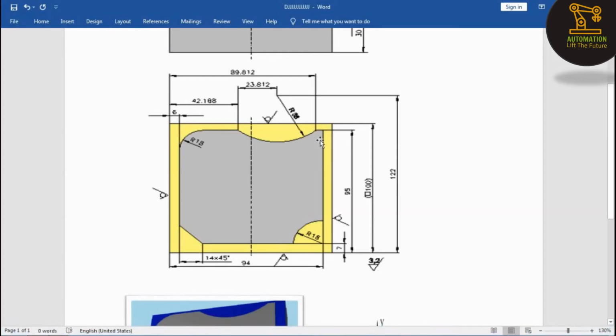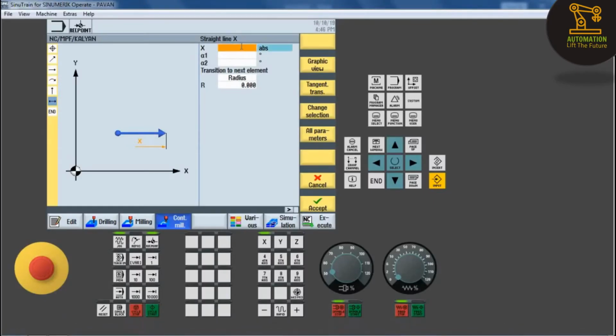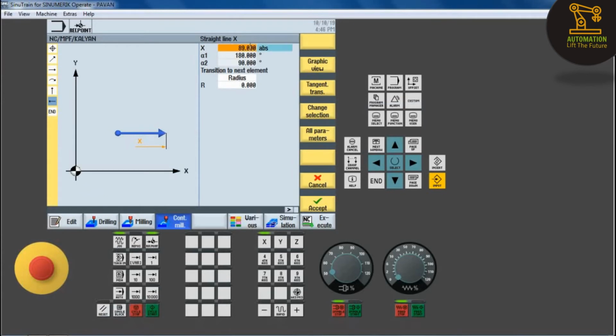So click on horizontal motion and X. We have from the reference position here to it 89.812. So we have to mention X is equal to 89.812.